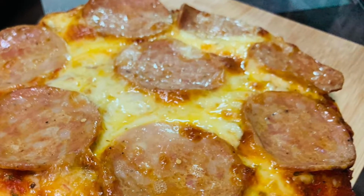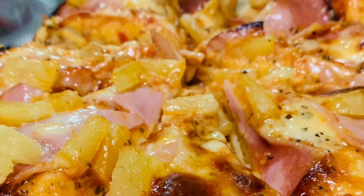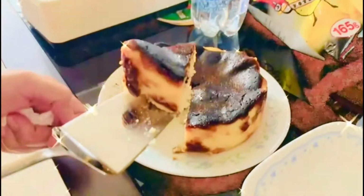Today we will be showing you how we made pizza during the going away and get together with good friends